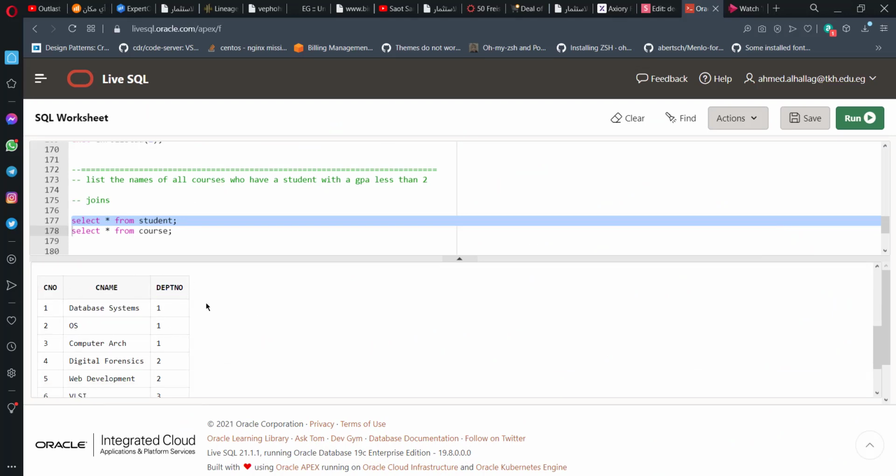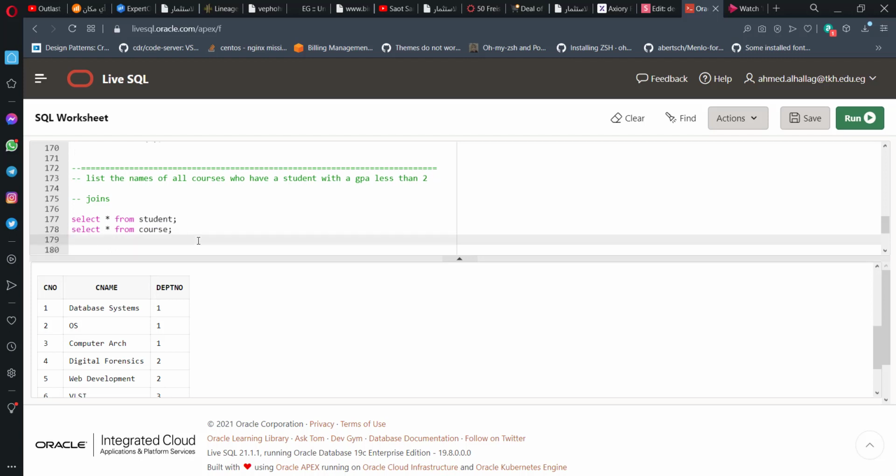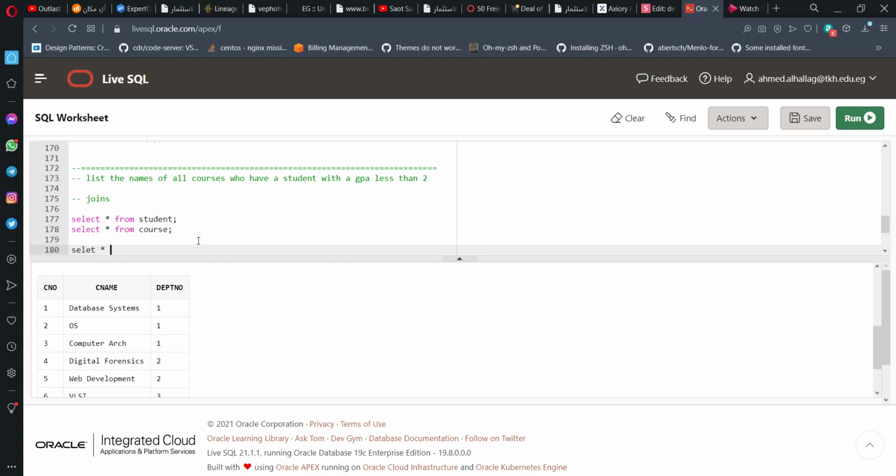And from the department we can join the course. Look at the course, you have a foreign key for the department. So if we join courses on department, on student, we can get to know the specific courses that these students are enrolled in, right? So let's start the join process. So let's say that I'm going to join everything,